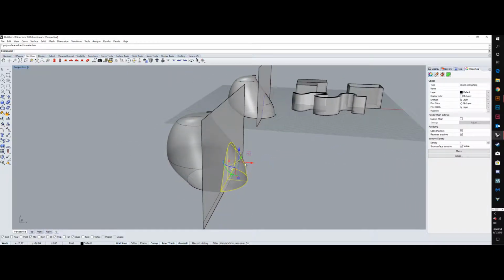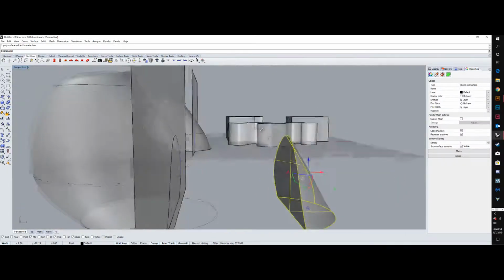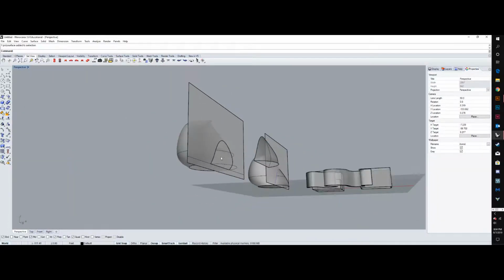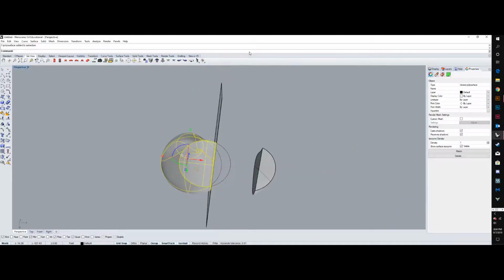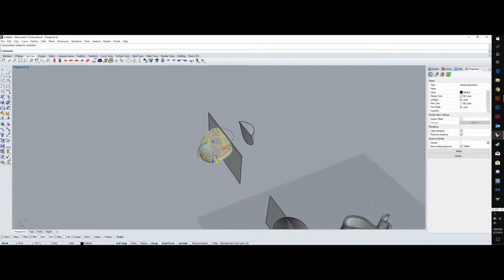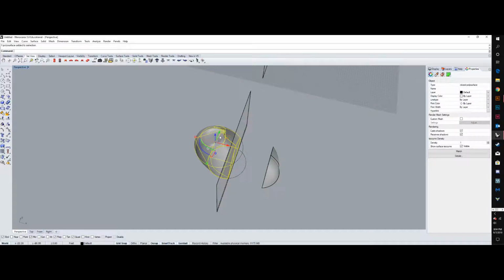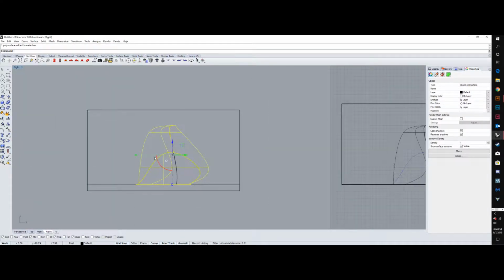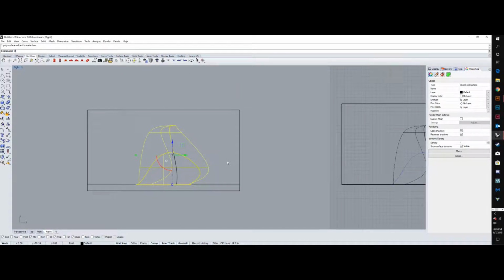Now it's two different objects. I can separate these out if I wanted, and these are closed objects now, so they are capped off, both of them. What I can do now is, having selected this, if I want a section view of this object, I can go over to the right view. Notice it's still selected. That's the only object selected, so I don't have to get rid of, say, this guy or this one. I can just have that object selected, go to the right view, and then type in Make2D,